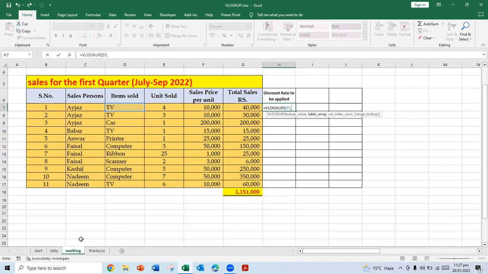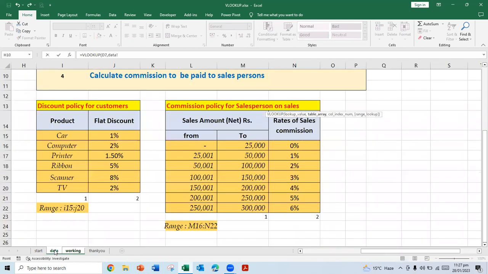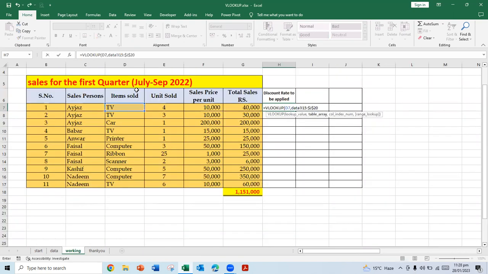Then the range will go to this one, and we'll give the range of this one. This is I15 till J20, which I have given you below here. That is the range. Then comma, but before that we fix the range. We fix this one too. Then comma,